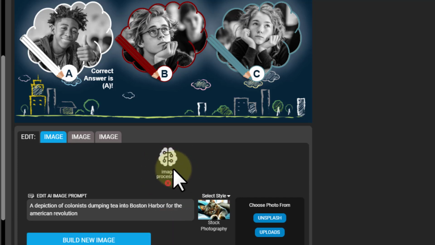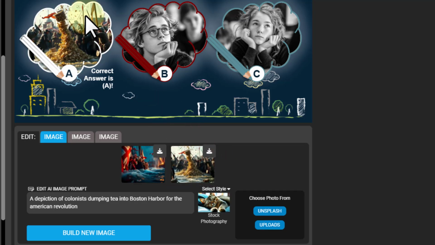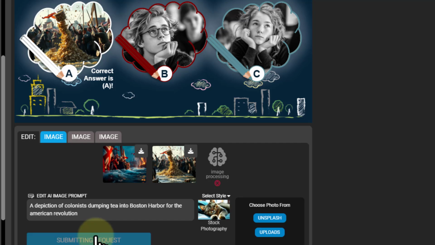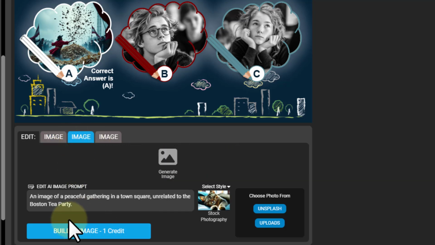It's images processing here, so we're just going to wait for a second. All right, there it is. They're dumping tea into the bay where all the ships are. That looks good. The next one is a peaceful gathering in town square